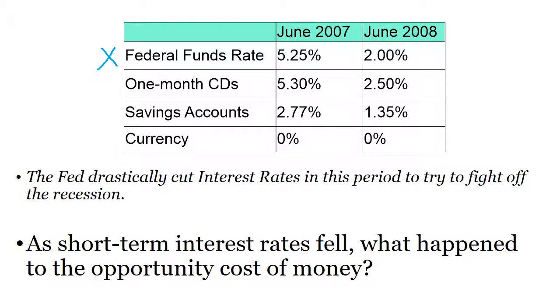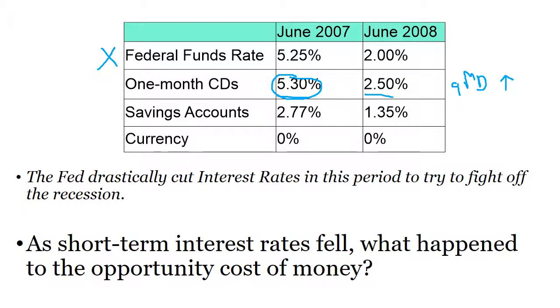Would you be more likely to put your money into a CD if it was 5.3% interest or 2.5% interest? You probably would be more likely to put it in when the interest rate is higher. So in this case, the quantity of money that you demand, as the interest rates are falling, you demand your cash more, right? Because the lower the interest rate, your desire to put it into the bank goes down, you might as well hold more of it in the form of cash.